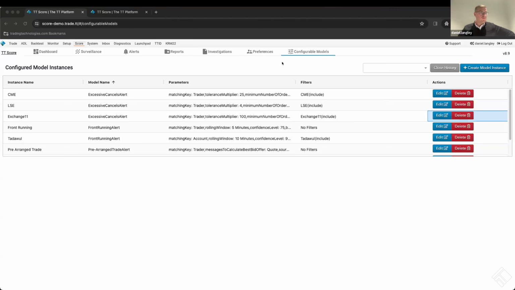So as we said before, configurable models now available all within that one uniform UI. Jay obviously ran through the score piece previously, all the same look and feel. We have here at the moment what we would call the sort of landing page. So you can see all of my configured model instances at the moment, instance names, which are all free text